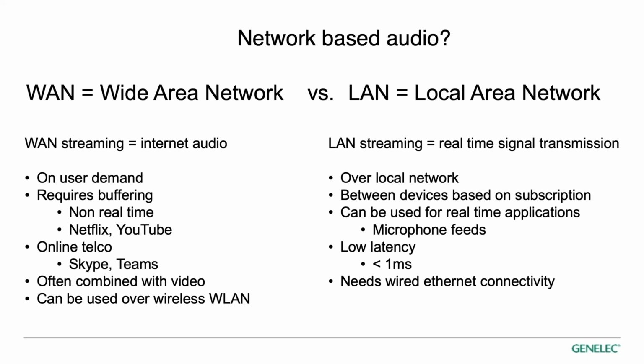The devices shake hands, and some device is sending and another device is receiving, or multiple devices are receiving. Because it's on a local network, it can be used for real-time applications like a microphone feed that needs to be in sync with real life. And this is to do with the latency performance, how quickly the signal can be passed through the network. And on a local area network streaming, you can have a performance with as low latency as 1 millisecond or